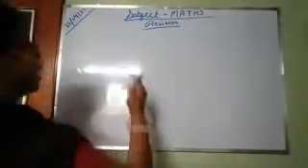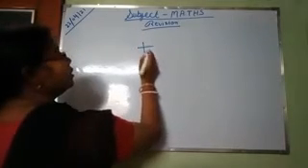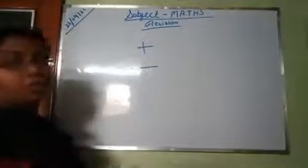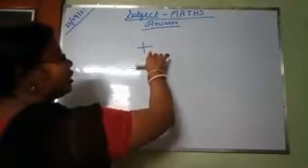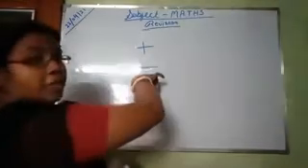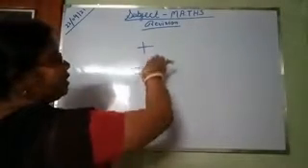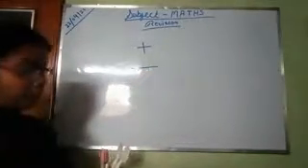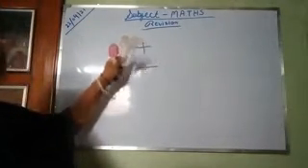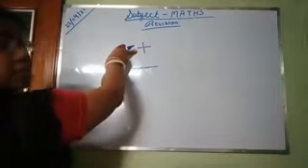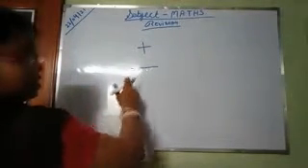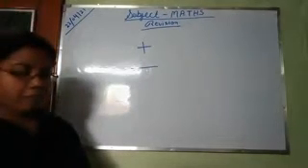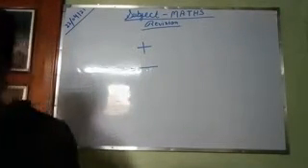This is the sign of addition and this is the sign of subtraction. This is plus and this is minus. Always remember, this is plus and this is minus. Wherever this sign is, it is called addition, and this sign is called subtraction. Okay. First you understand with the object.